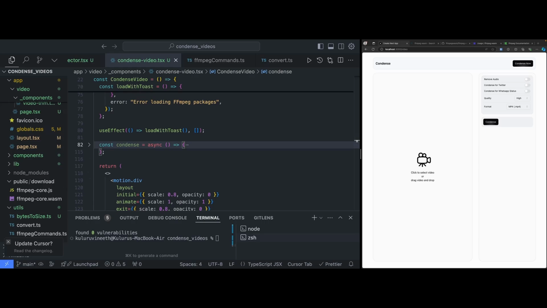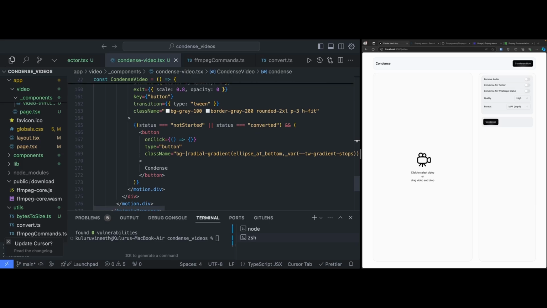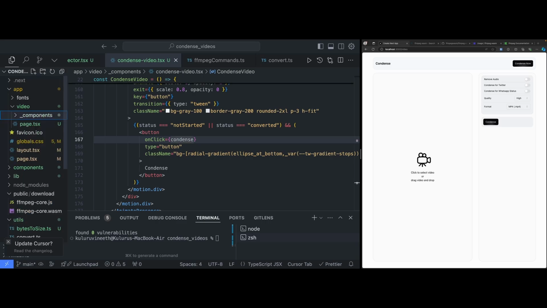Okay, so now we have this thing. What I can do in the button on click thing, I can just use this condense function which we created. And also we still have a lot of things here, that is if the status is condensing, the video progress should be showcased, and also the output details and all. So first let's focus on this progress component. So here just a while we'll see this output. In here, this video